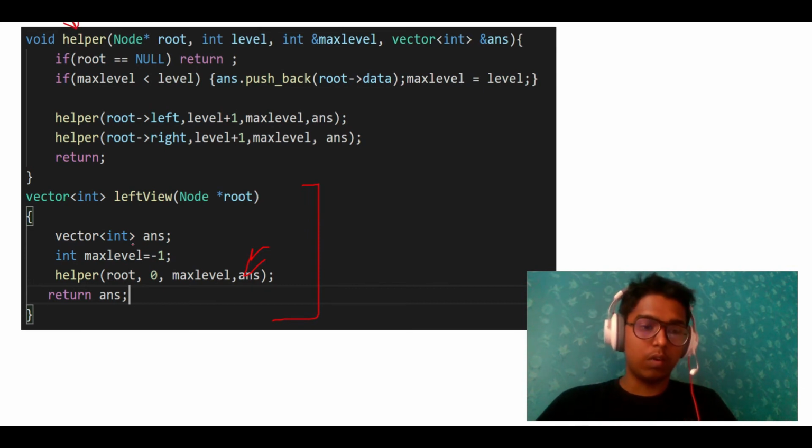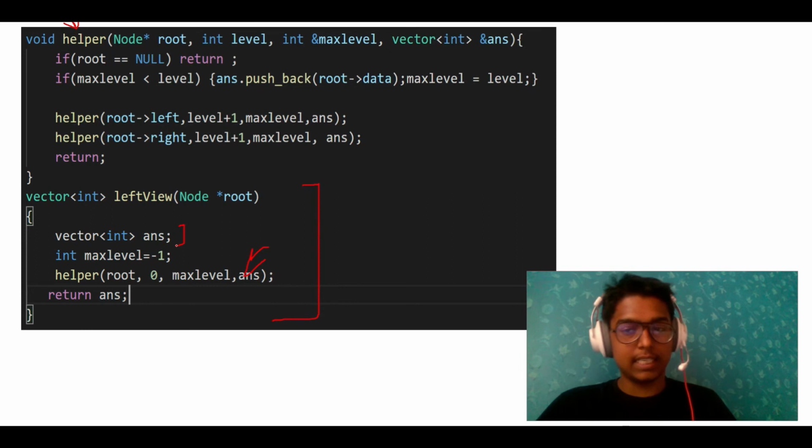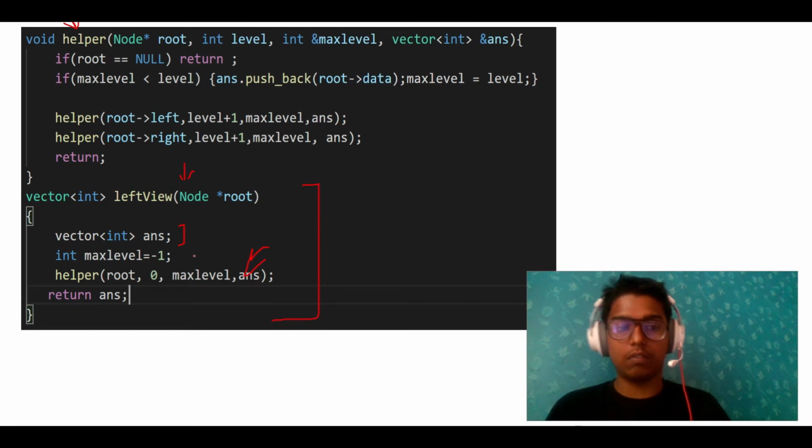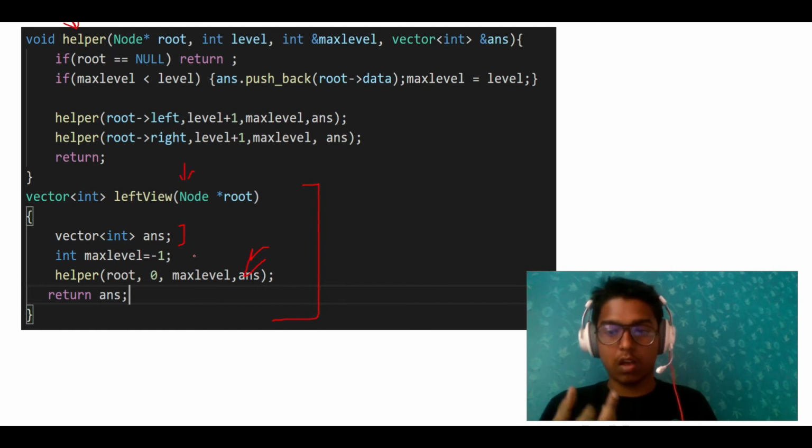I have created a vector answer which contains the vector which I need to return from this function, which contains our final answer, that is the left view of the tree. Instead of using map, I have used a variable which will be working in O(1) space, right?